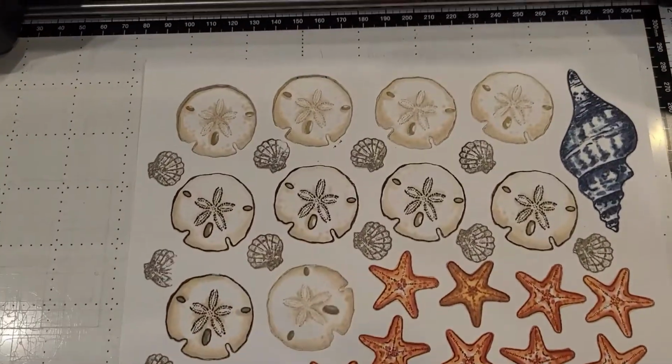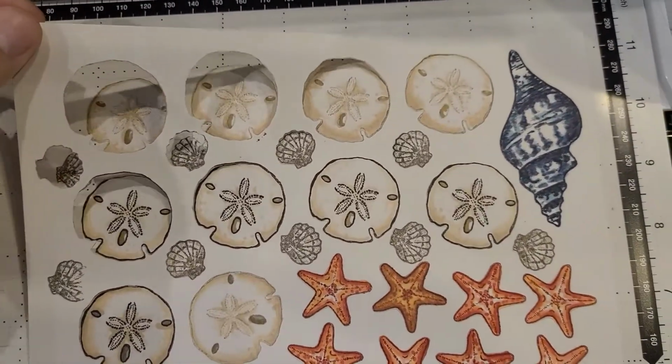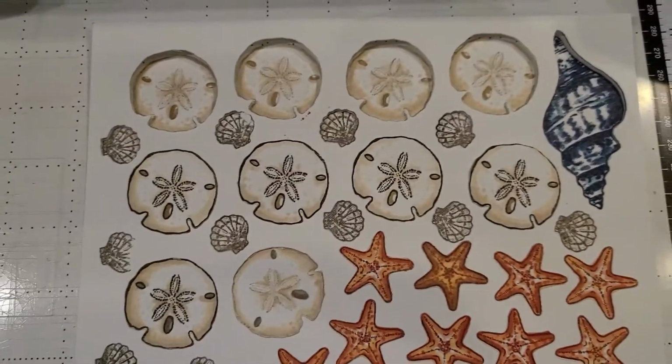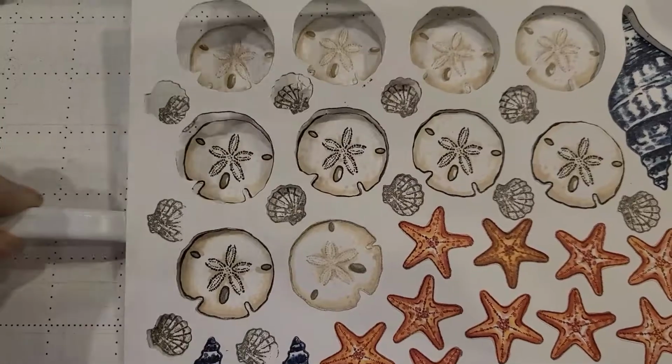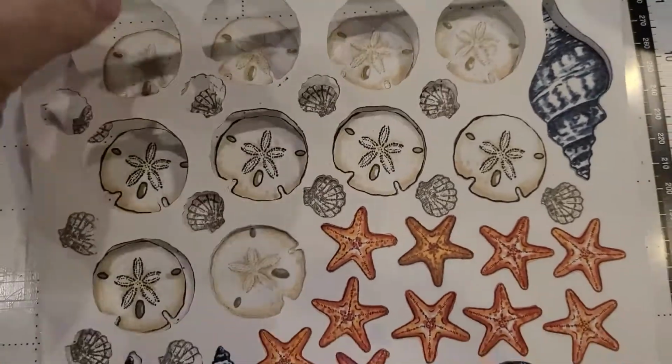Alright, I went through, did number 5 for the depth of the blade, and I did a quick peek with the little spatula tool to see if everything comes up, and it all comes up good. So if I peel this up,